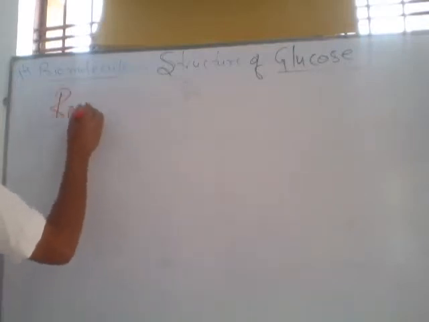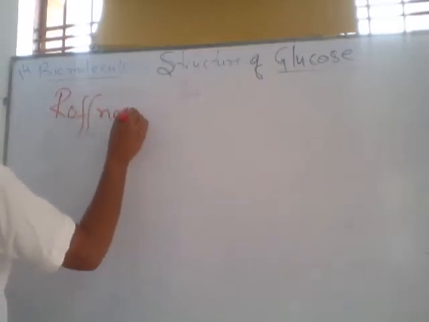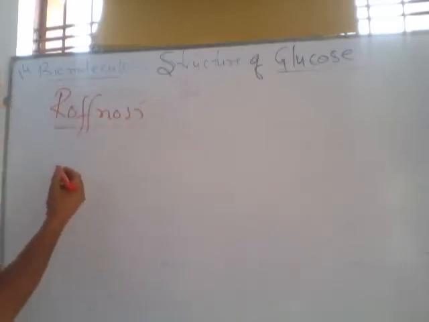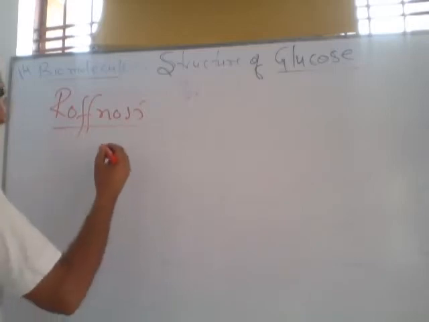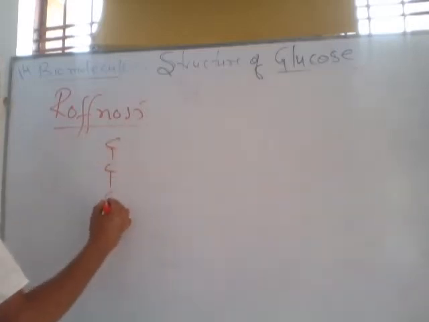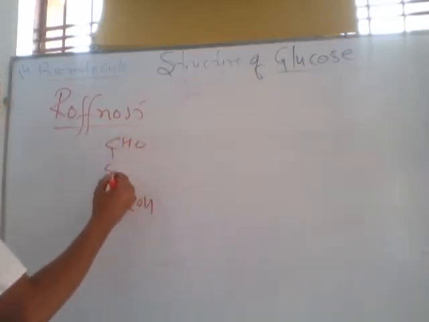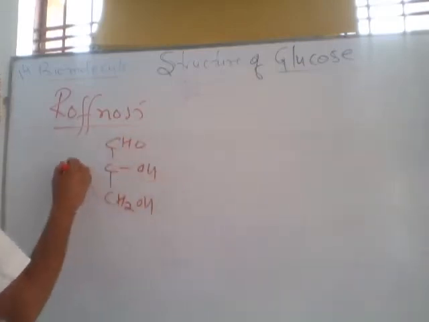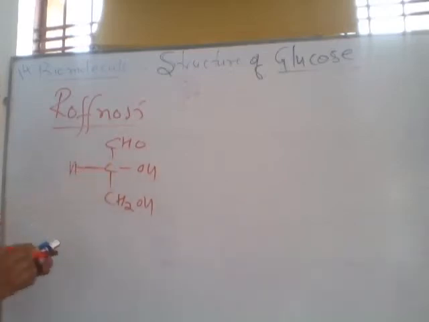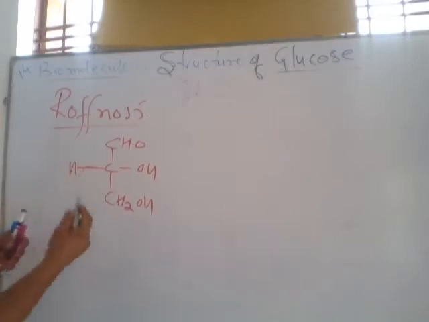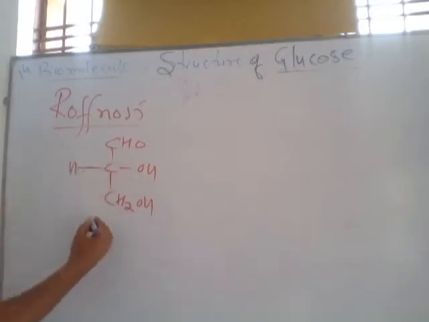According to Rosanoff, he gave a standard compound of this type: 1, 2, 3. There are 3 carbon atoms. The last is CH2OH, the first is aldehyde, and this is OH and this is H. So this compound in general language is called